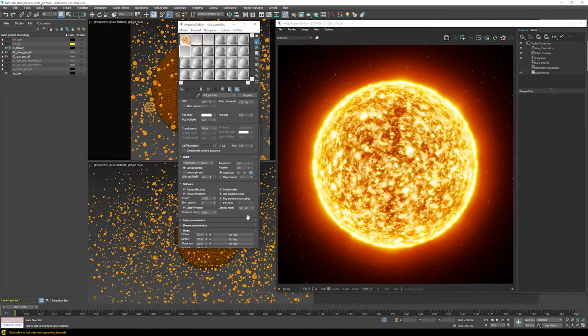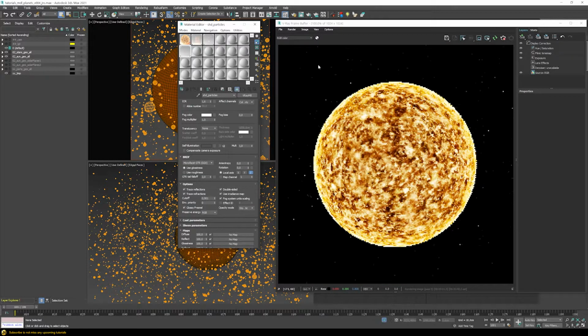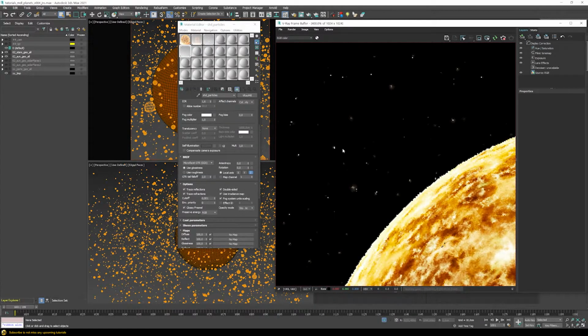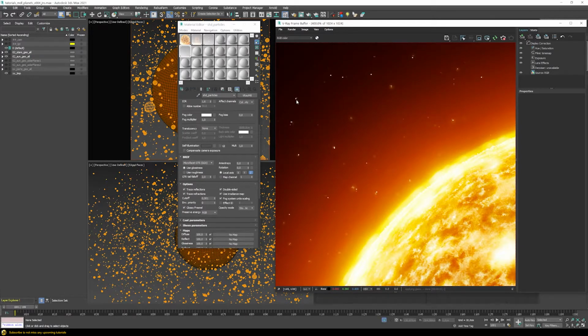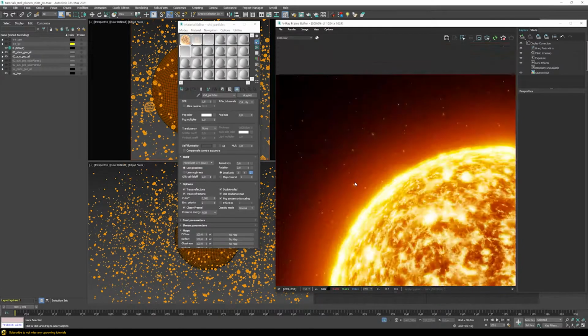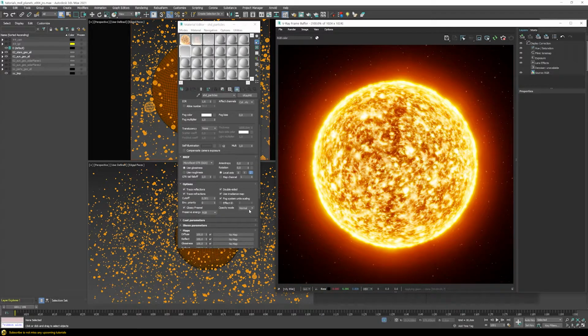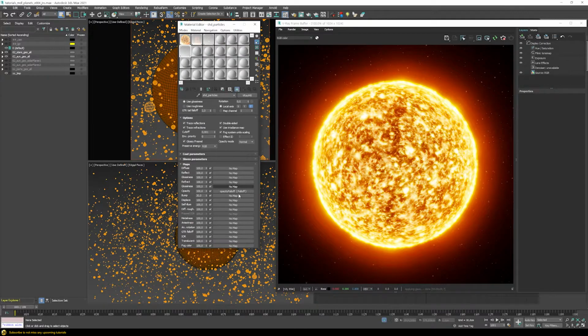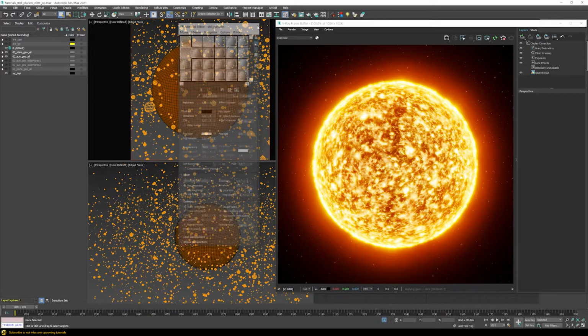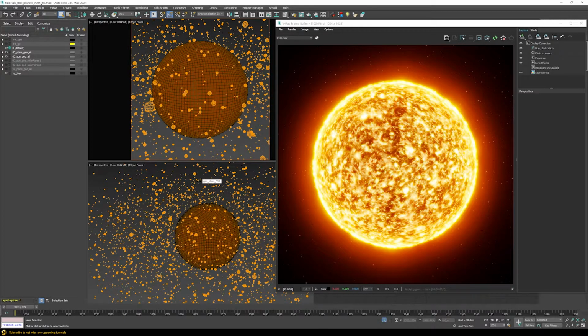If you put it to stochastic, it might turn out to have problems. You can see here some parts become very opaque, some parts become very transparent. In this normal mode, this transition is happening a little bit better, but it costs additional render time. So I normally tend to use this one to normal, and I don't have to worry about any kind of artifacts that will happen. Yeah, so this one here is the layer for the stars,